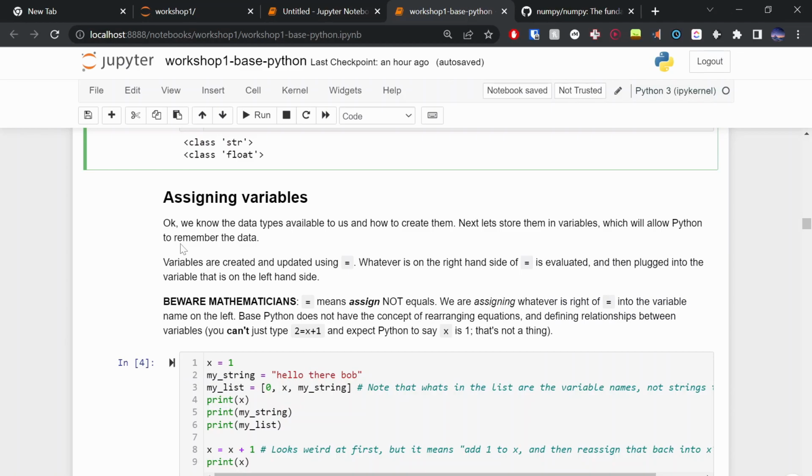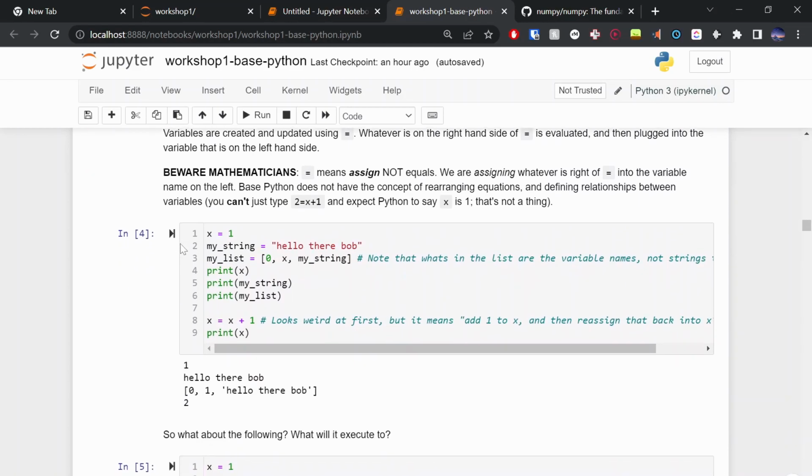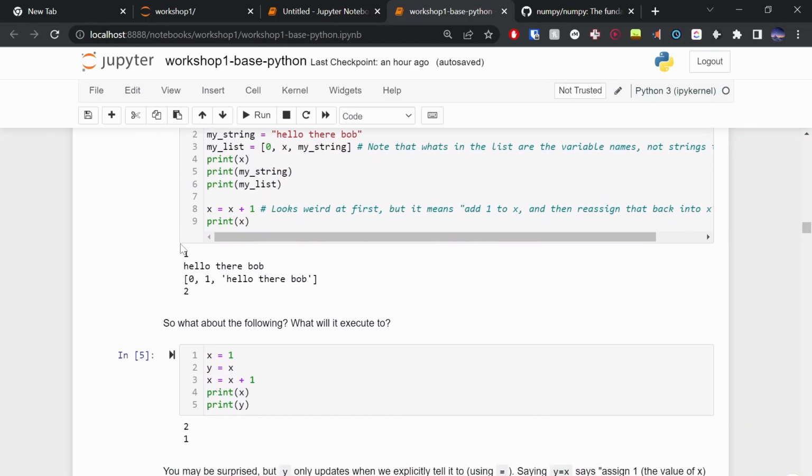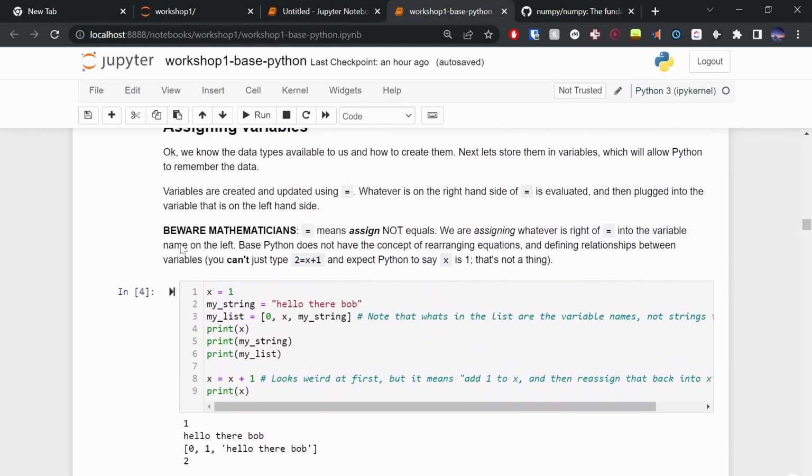So that's something to be aware of: Python doesn't rearrange your equations for you. That's still your job. Here we're just practicing a bit with assigning.